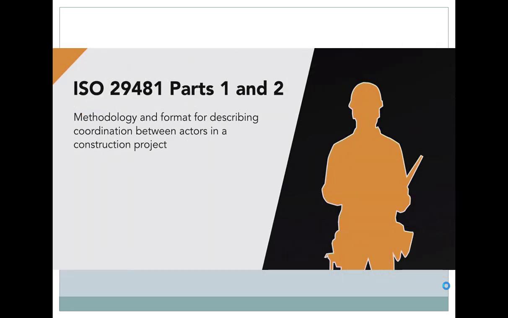The ISO 29481 Part 1 and 2 set out the methodology and format for describing the coordination between actors in a construction project.